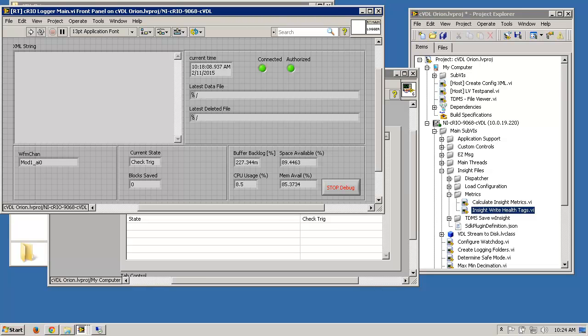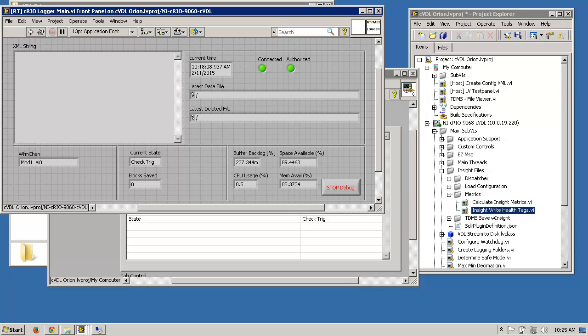So far we have authorized our device with the server, we have pulled in configuration from the server, we have mutated that configuration into our application type defs, we've distributed that configuration to all the relevant threads, we have then implemented the features to enable and disable metrics and published those metrics as tags to the server in the format that it expects. And then finally today we are going to add the TDMS schema required for our TDMS files